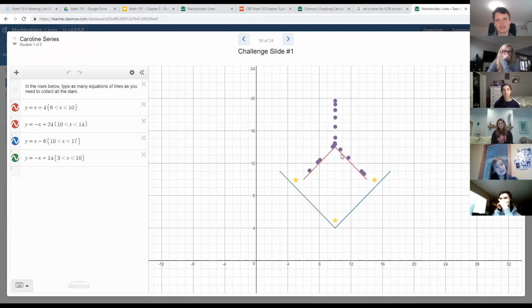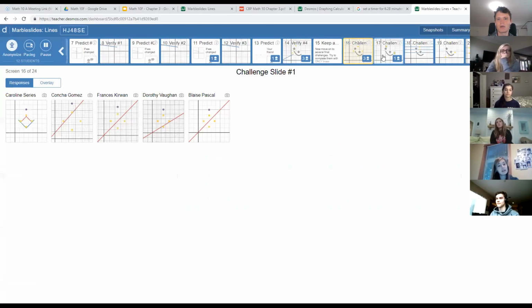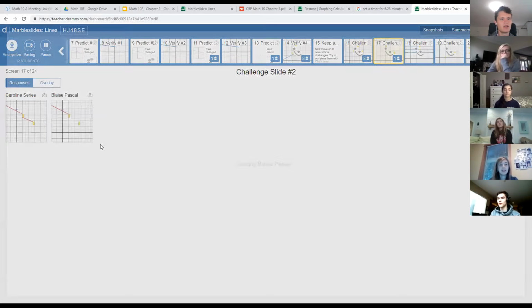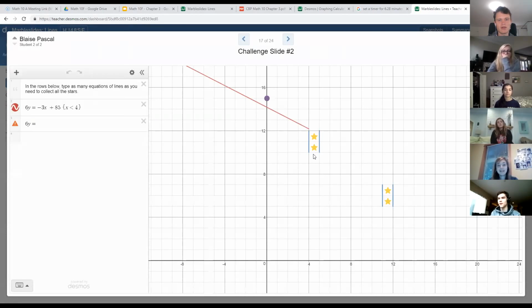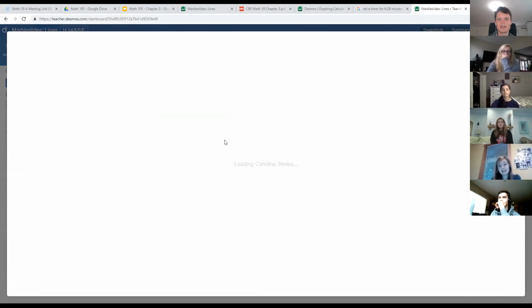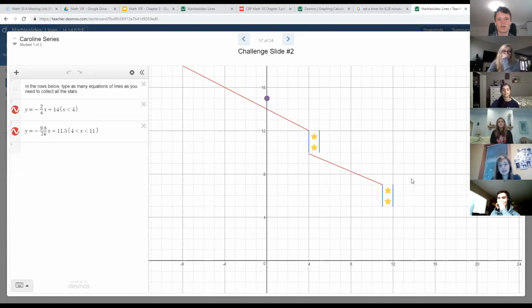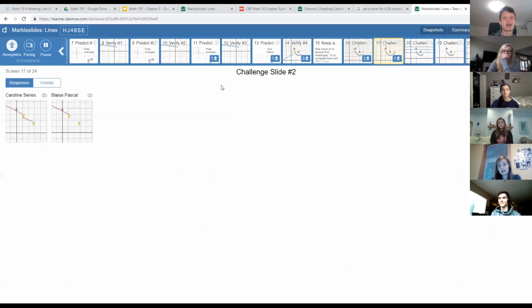We can split off at the top, and then they bounce away and funnel back, right, to reach that bottom one. Here for this one, we're trying to make it go through and then hit up these next ones. So this one, we can see it's going to hit those first two, but this student here was able to make it go through. Yep, both of them. Okay, so yeah, some good challenge ones there. All right,